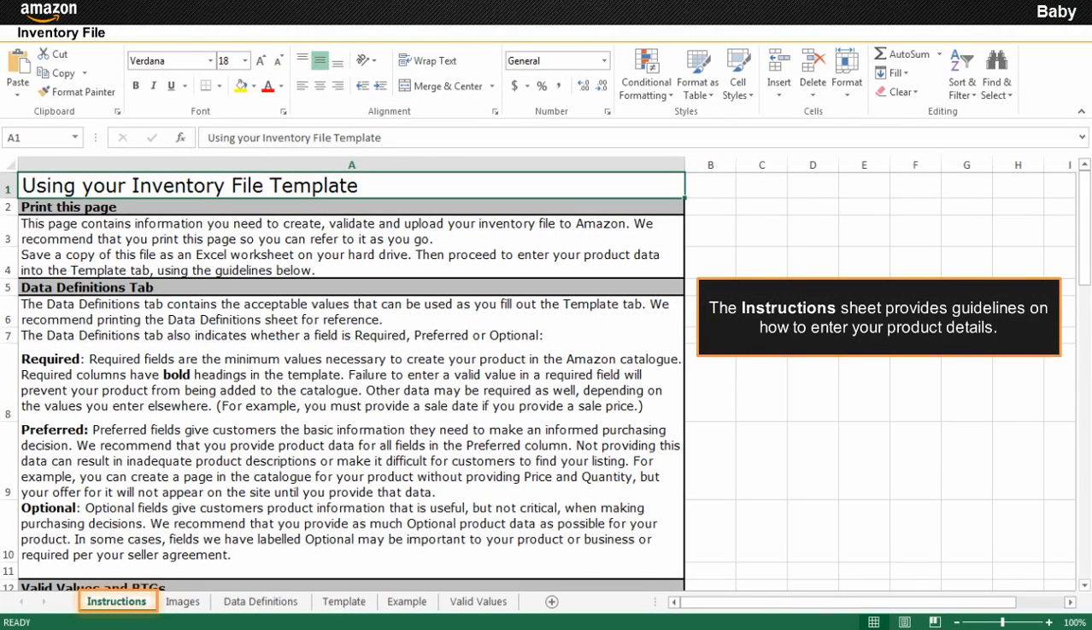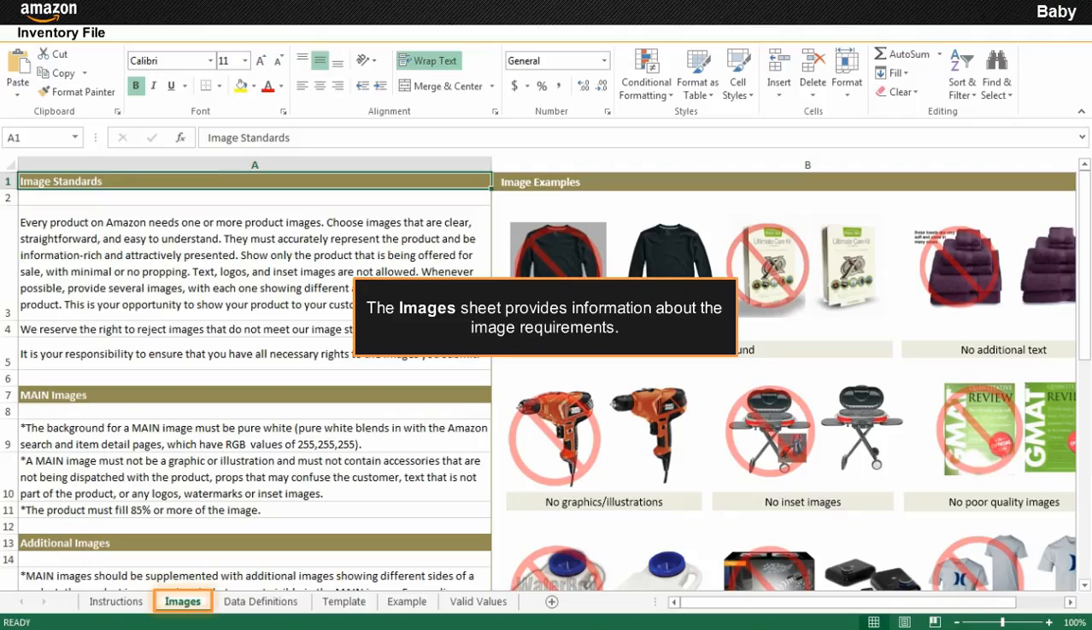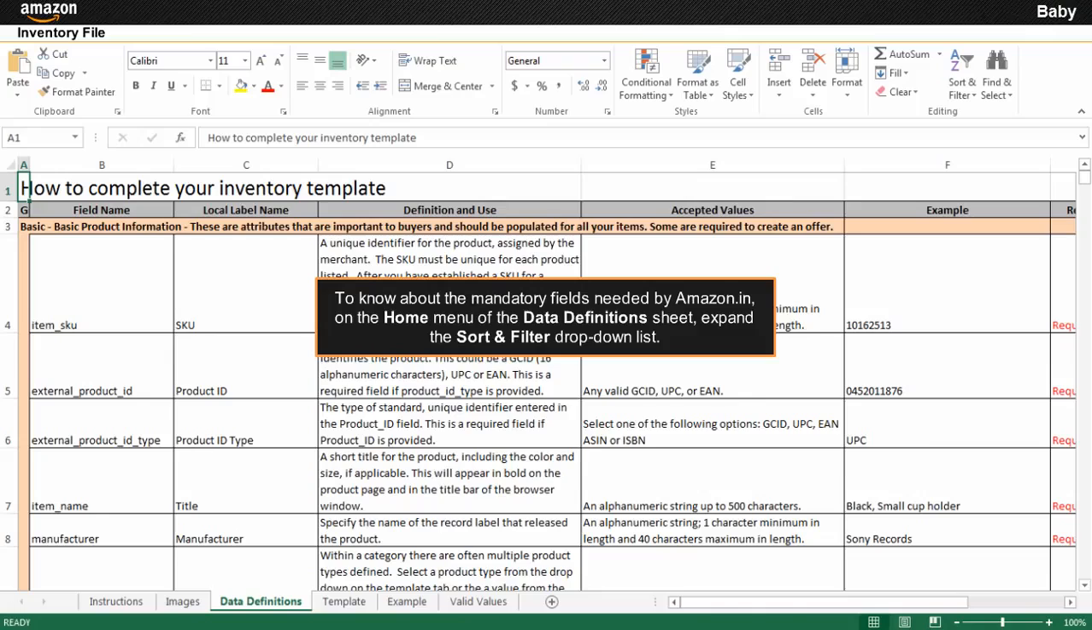The Instructions sheet is displayed by default when you open the file. You need to refer to the guidelines available on this sheet to enter your product details. The Images sheet provides information about the image requirements you need to keep in mind while uploading product images on the Amazon.in website. To know about the mandatory fields needed by Amazon.in, on the home menu of the Data Definitions